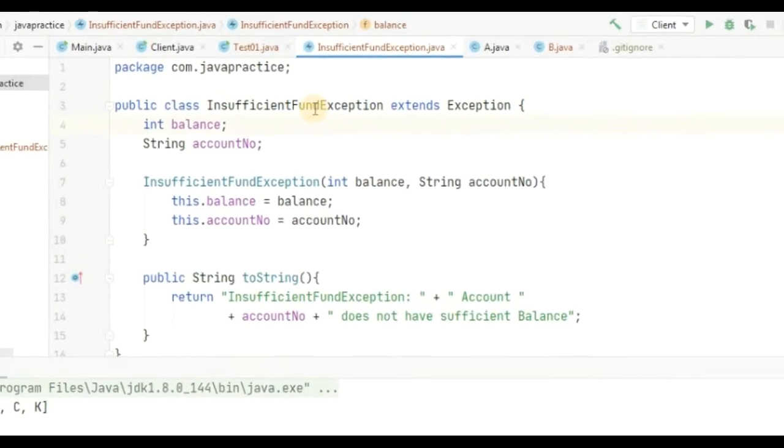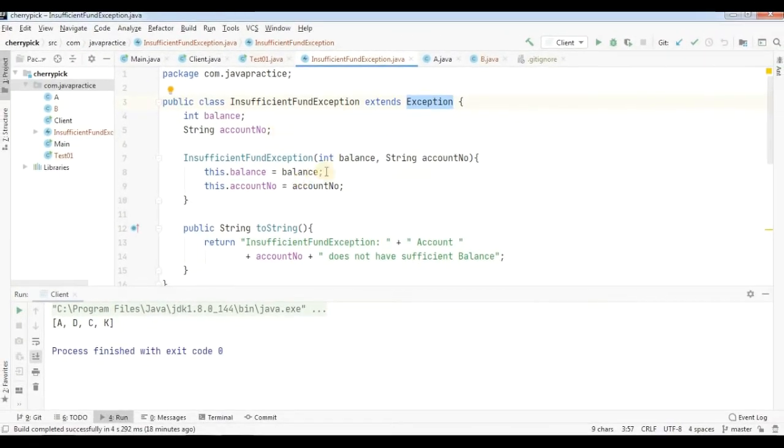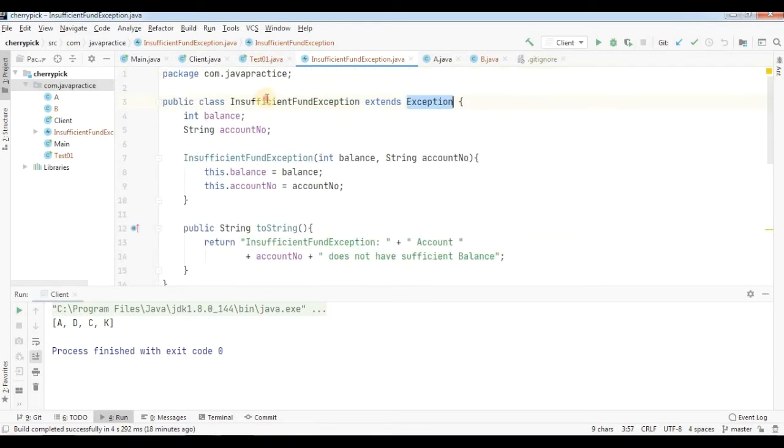This is a custom exception class which is going to extend Exception. I will tell you in a simple way what this class is going to do, and then going forward we will see how to add the command line argument to proceed the execution flow of this program. The InsufficientFundException class is a custom exception class, or user defined exception class, and it is not available in the Java API, meaning the java.lang package. Under the Exception class there is no class available like InsufficientFundException.